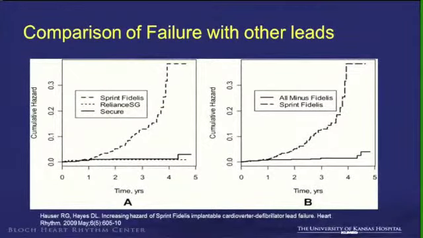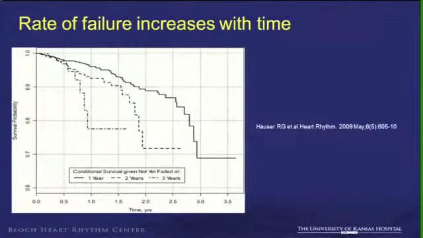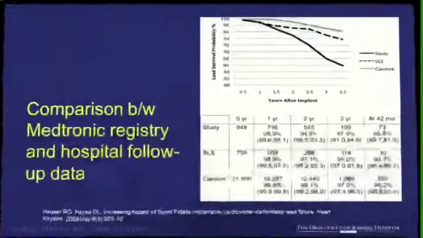So this was the early recognition. This was in late 2008, early 2009. It was already identified that the Fidelis fracture rate was much higher than the expected normal for the rest of the earlier leads. And the thing which was concerning was that the rate at which it was fracturing was increasing. So there was an increasing rate over time. If you see, the rate at first year was lesser, and the second year was more, and the third year was higher. And obviously that was concerning as to what is going to happen 8 years down the lane.